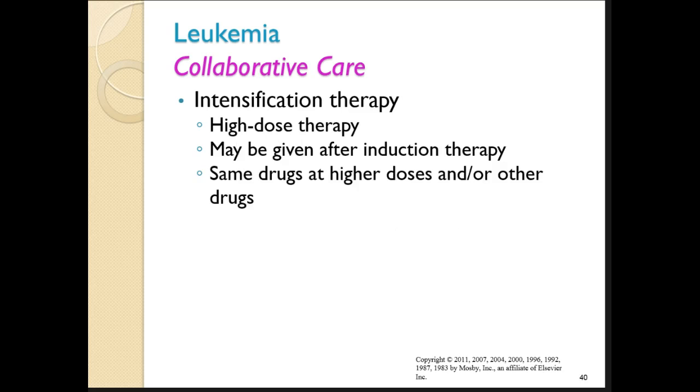Post-induction or post-remission therapy: these terms are used to describe the type of therapy that follows, or to describe intensification therapy. This is where high-dose therapy may be given immediately after induction therapy for several months. Other drugs that target the cell in a different way than those administered during the induction phase may also be added. Consolidation therapy